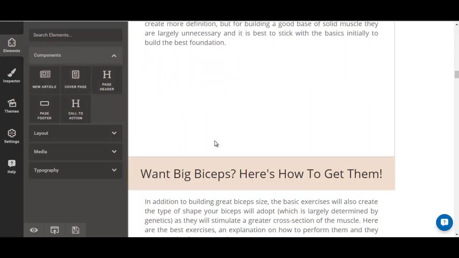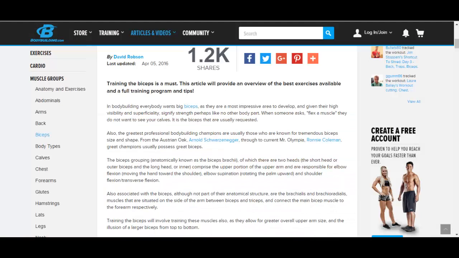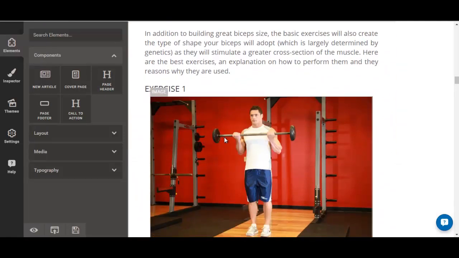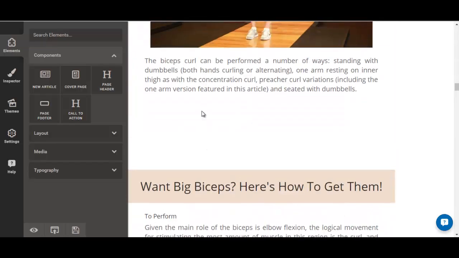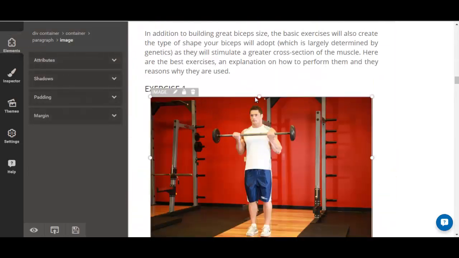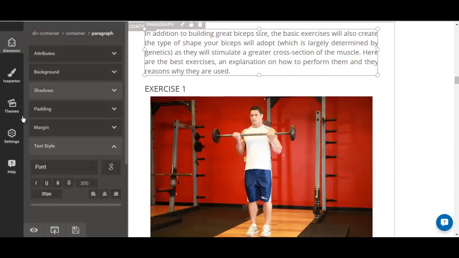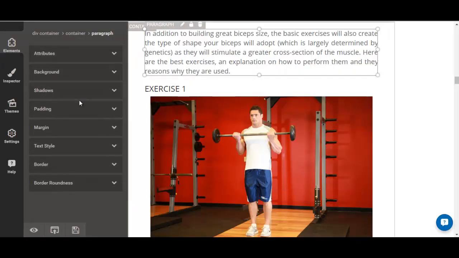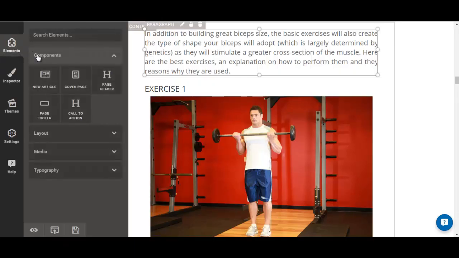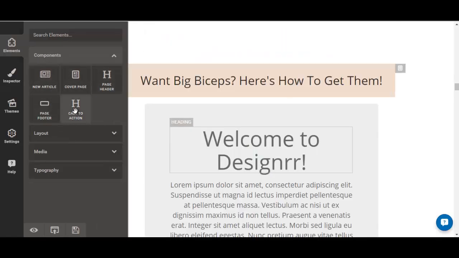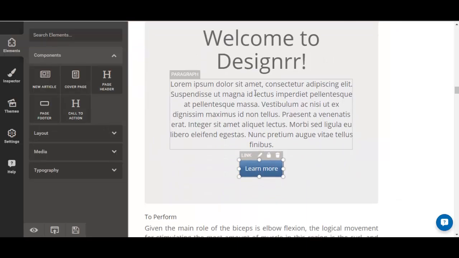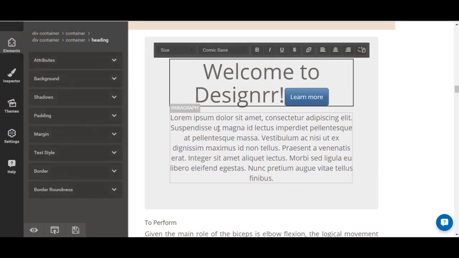You can add more links from various web pages to your ebooks, and it will create your ebook for them. Of course, you can edit each of these elements over here, the text and so on. You can figure this out yourself. It's nothing too complicated, just editing features. What you can do is add a call to action element that will look like this, and then of course you can edit the text over here,